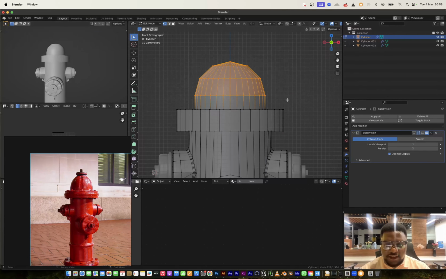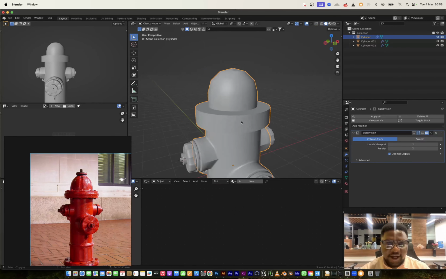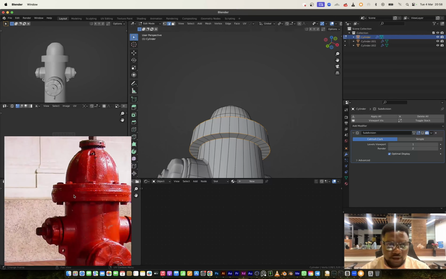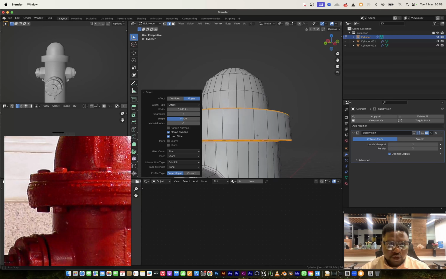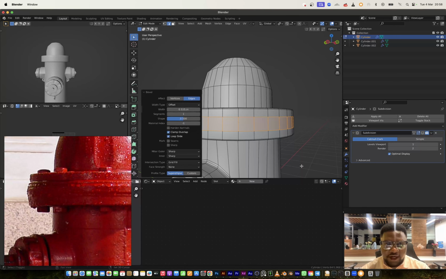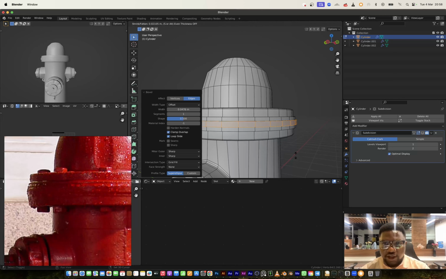So I'm going to select this top and I'll GZ just like so. And we have this set up. I'm just going to select these edges like this and I'll bevel them. Let's bevel before we start creating this detail. So this detail, what it looks like to me is we have one step where we're going to have an extrusion right here. This is one of the extrusion, and we have another that will bevel and have another extrusion,